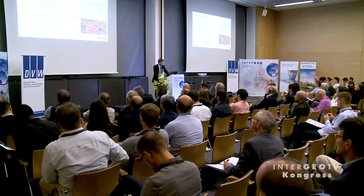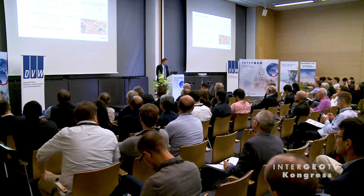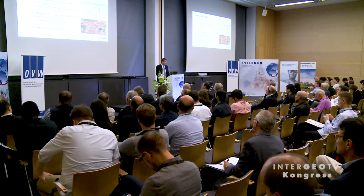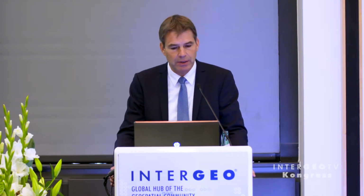We see, for example, at Deutsche Bahn, when you look at the projects from Station and Service, so from stations and platforms, they request the full modeling of the as-built as the first step. So instead of just doing a standard topographic survey, it goes to massive point cloud data collection. It goes along with imagery so that the information can be visualized by the people working with this data. And it goes to a next step, and that's, in my opinion, the greatest change we can see here,